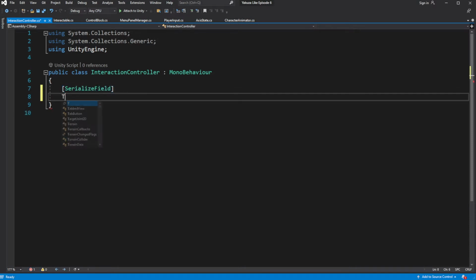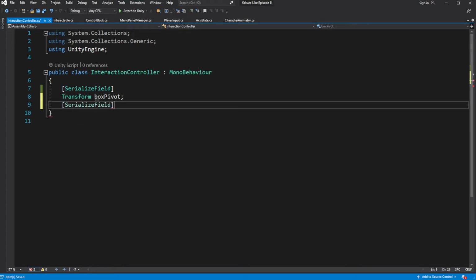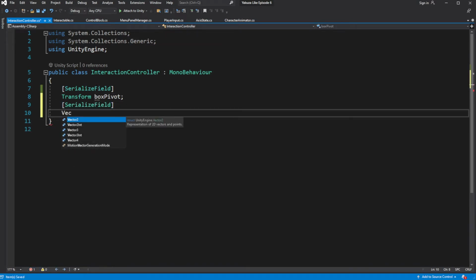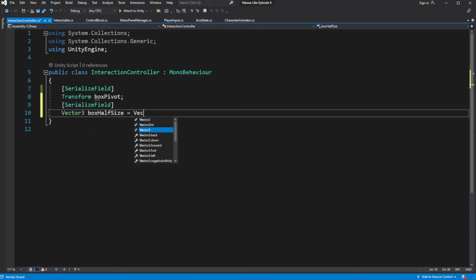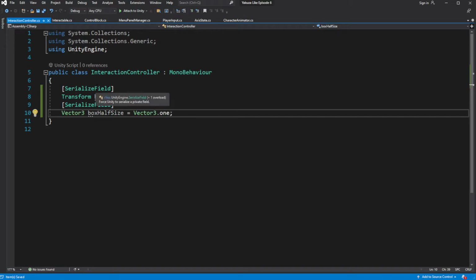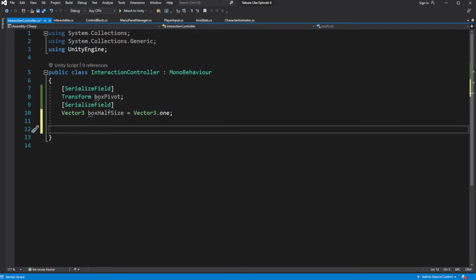For this, we will need two serialized fields, box pivot and box half size. Box pivot is going to be used for the object we will use to identify position where we want to cast the overlap box, which will be detecting the interactable objects. The box half size is the half size of the overlap box.